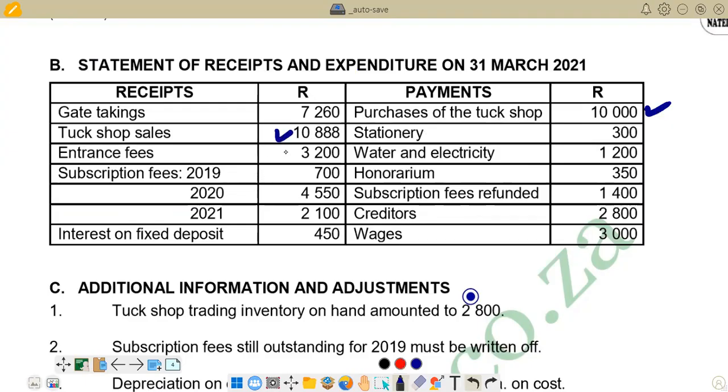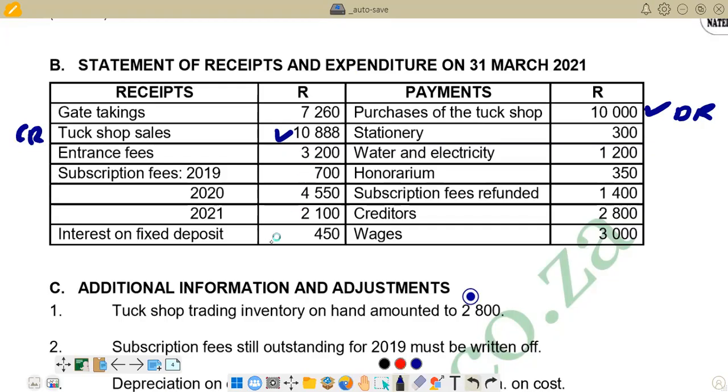These ones are going to go to the credit. So remember, this one goes with the credit, then our purchases of the tax shop go to the debit. We don't have any returns there in terms of sales or purchases, so we can just leave it like that. Then the other item that is left, it means now we have to check our